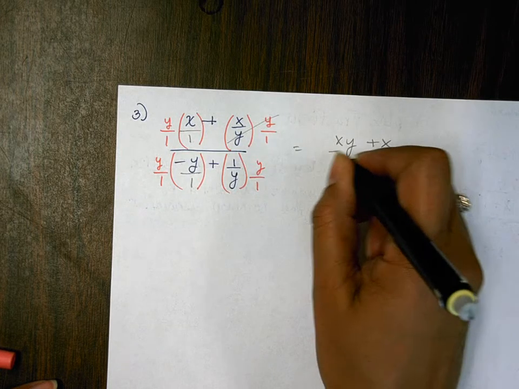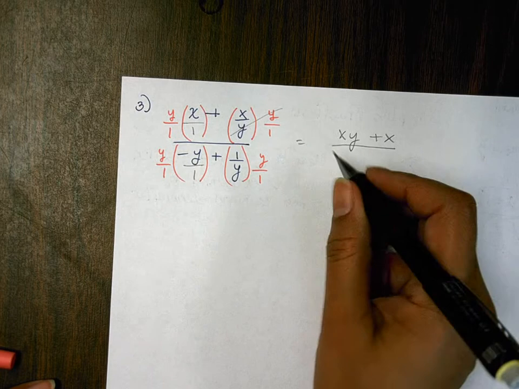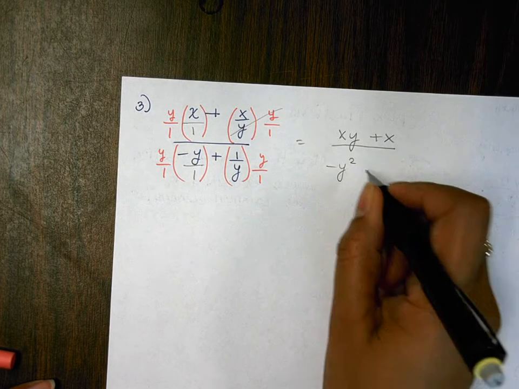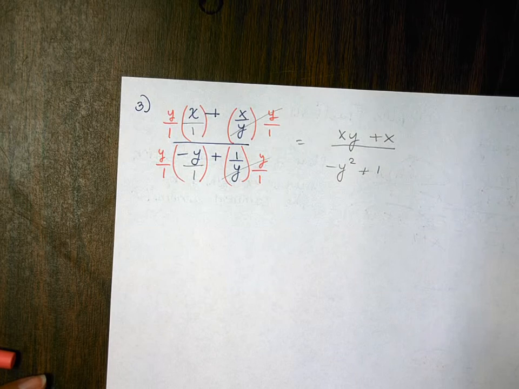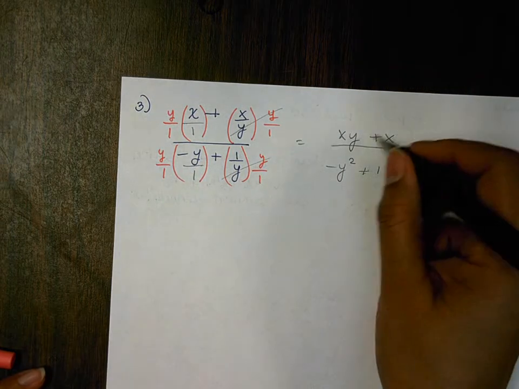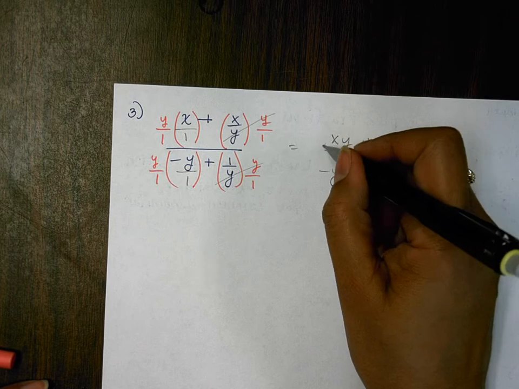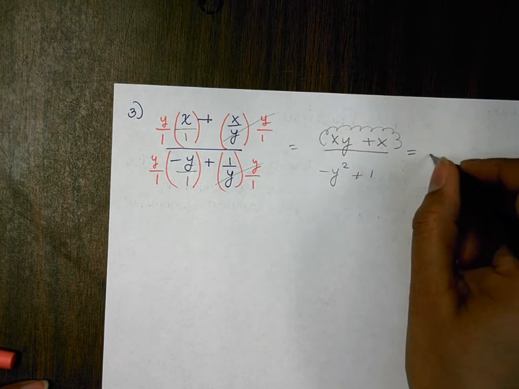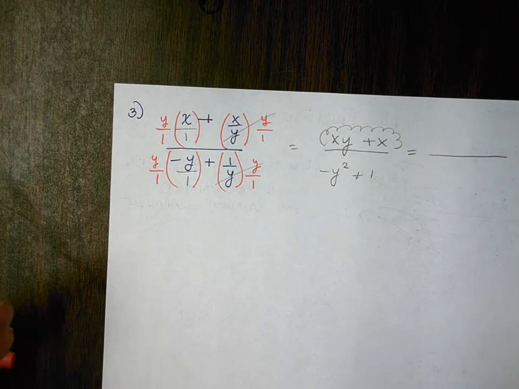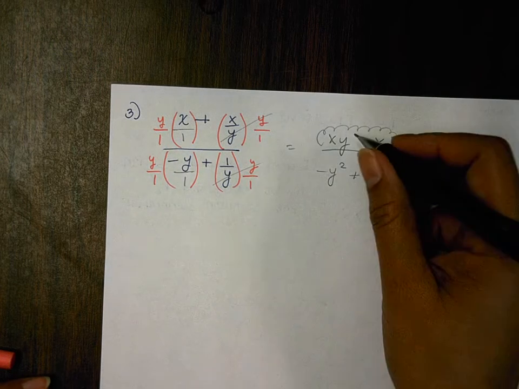It looks like I can take a GCF out there. Okay, here nothing reduces, so that's negative y squared. Reduce, plus 1. All right, I can take a GCF out at the top. Now I can't reduce the y's, but I do have to factor just in case anything reduces. If you factor and nothing reduces, no problem. But if you don't factor and something would have reduced, then you would get it wrong. So GCF,